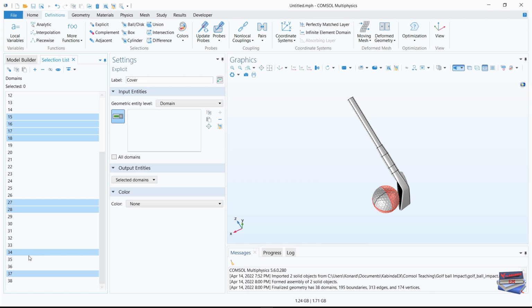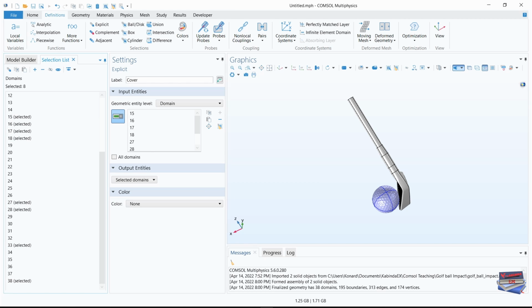So now you can hold Control again on the keyboard, select 37, Control. So now you know if you make a mistake, you can simply hold Control and then select those that you don't want. Okay, so let's go 33 and now 38. Okay, and then add,